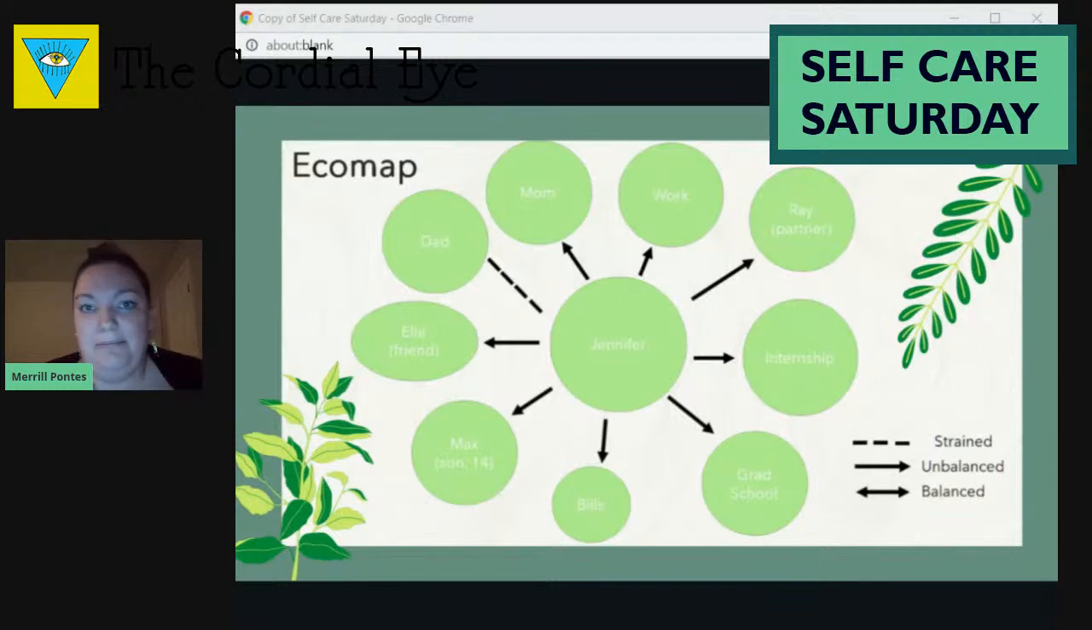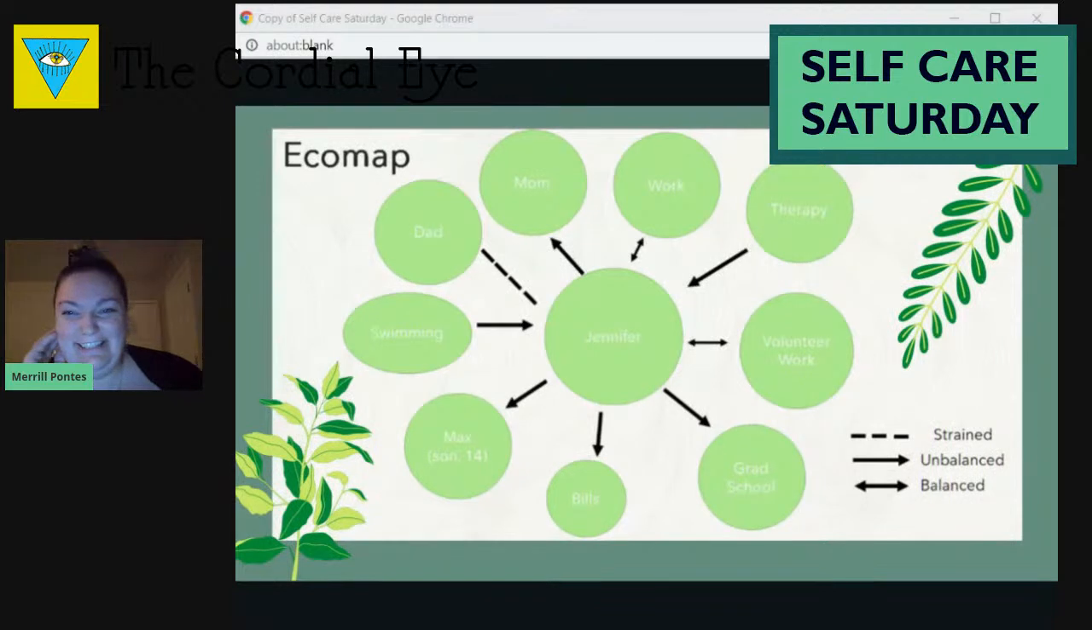Say a year's gone by and Jennifer has really thought about this and she's worked on her relationships. She's cut toxic people out of her life and she's asked for the things that she needs. And this might be what her eco map looks like. Some of the things are the same in here, but it looks like she's picked up swimming. She's found a hobby that really fills her up, and that's wonderful. She still has the bills. She still has grad school, but she's taken on volunteer work that she must find fulfilling because we have a